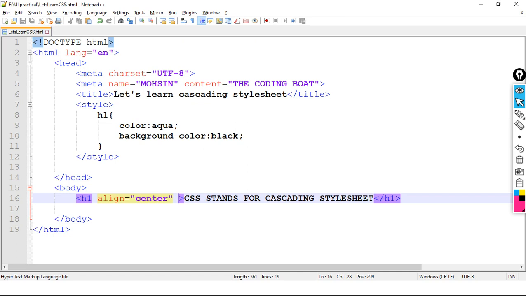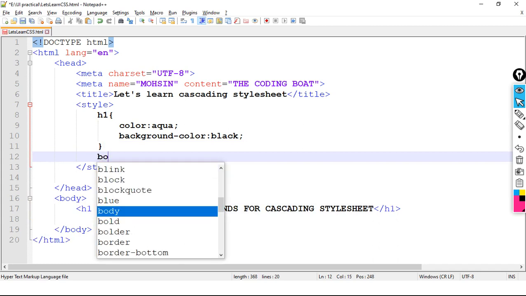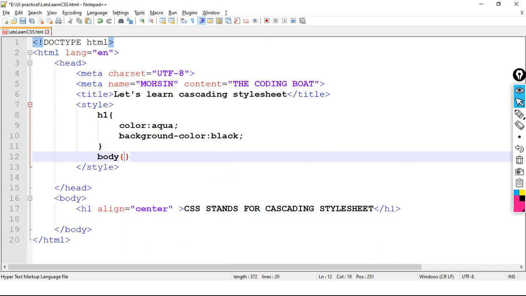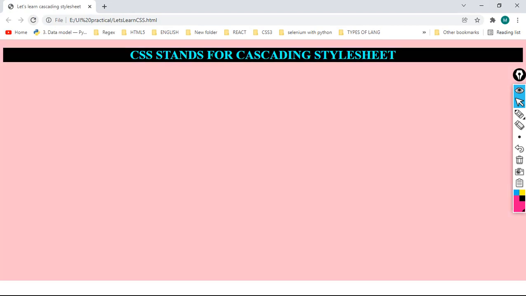Now what I am doing, body background color colon pink, semicolon. Save the code and refresh. See here, the background is changed.